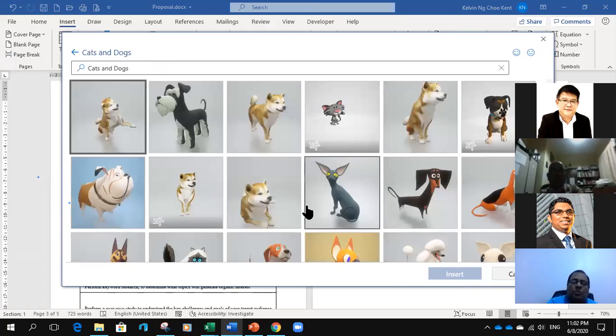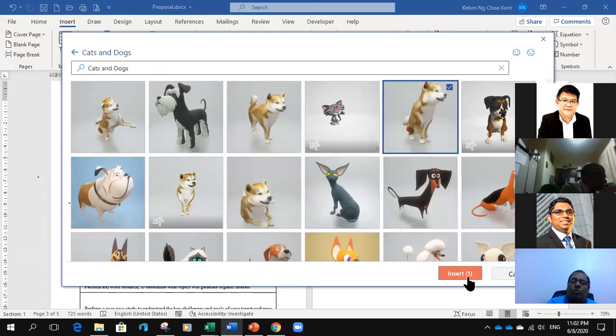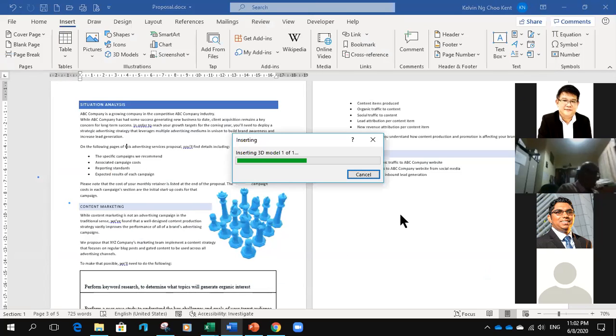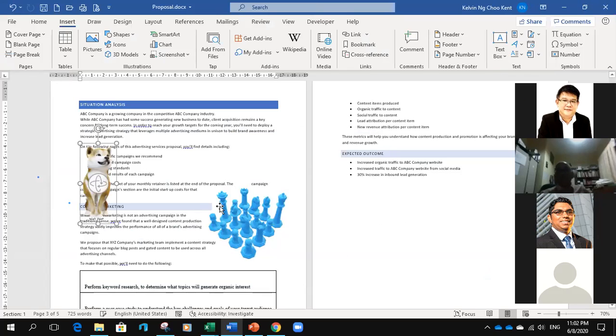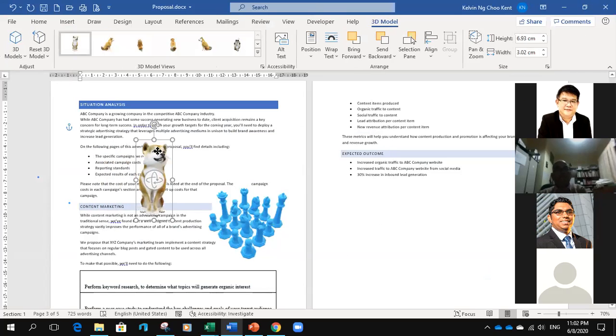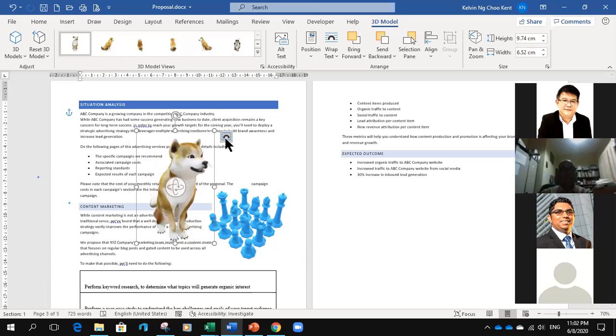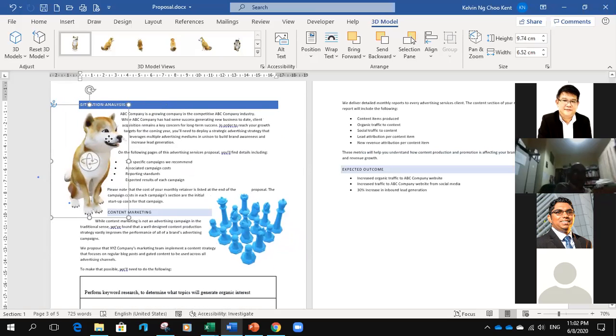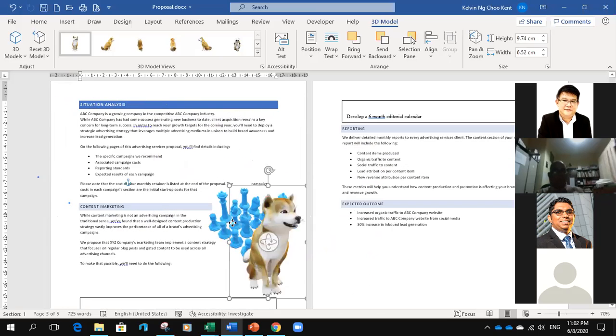If you like cats and dogs, you can do that. So you like this dog. Are these copyrighted? They are given to you free, so I believe they are copyrighted. I mean, you can use it. Don't worry about the issue of whether you can use it or not. These are not something I download from the internet. These are something which Microsoft has given to us to use.